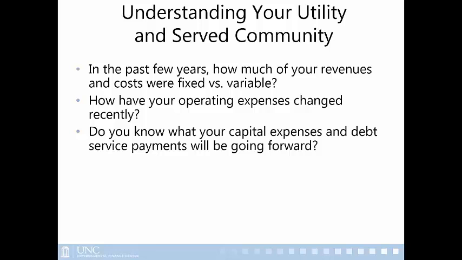Your debt service, your capital costs, your short-term salaries or labor, materials, most of those things are very short-term fixed. They don't depend on how much water you sell, only power and chemicals. And if you're a purchase system, purchasing water, those are the truly short-term variable costs. And for most systems, it's actually very low.